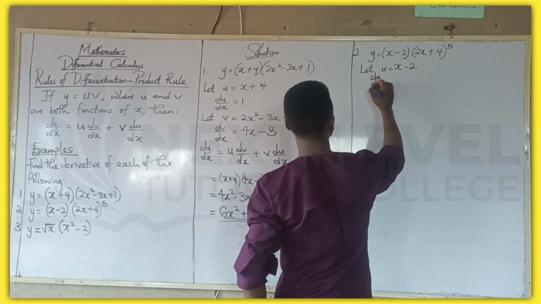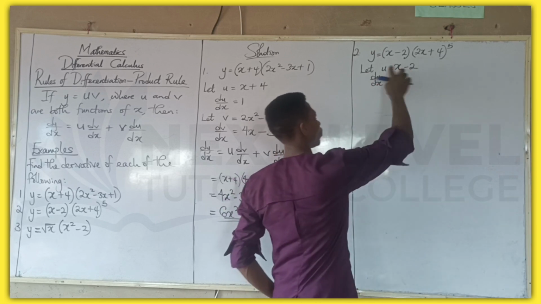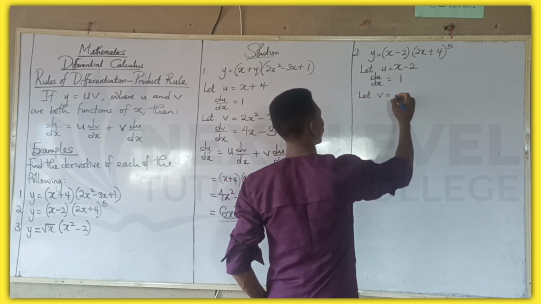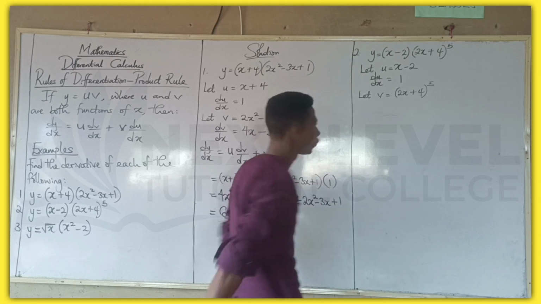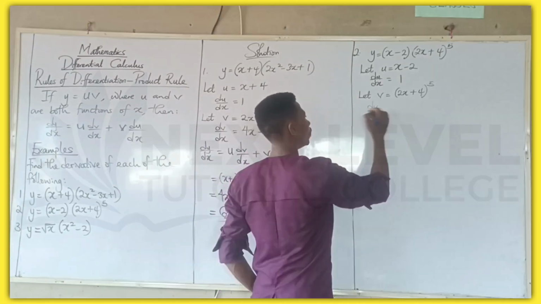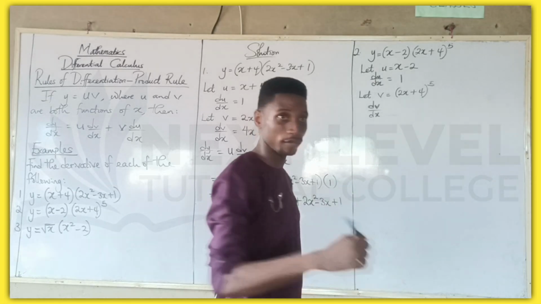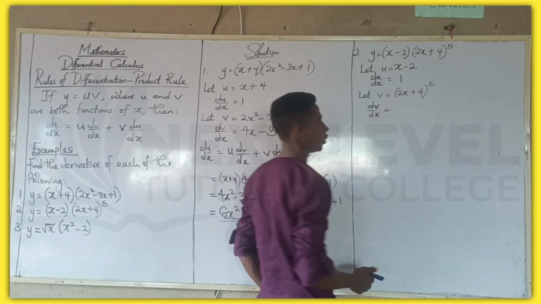Then we'll find du/dx. Differentiate this to give you 1. So this one is represented as 1. Now let v be equal to 2x plus 4 raised to the power 5. Now to find dv/dx, instead of going through the whole process of chaining, just like I said at the beginning of this video, we simply